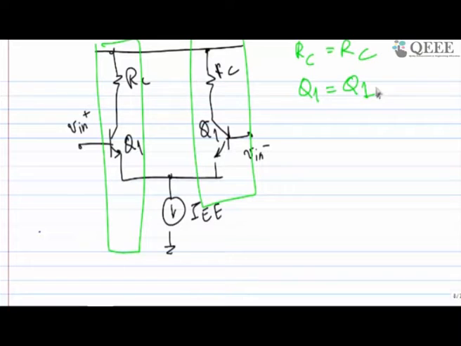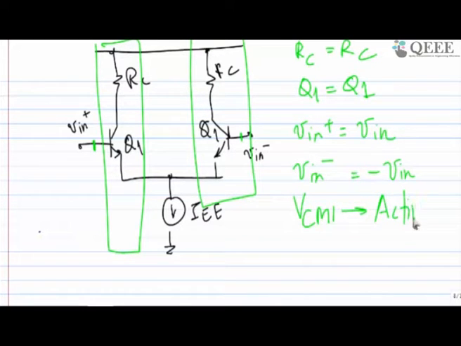If that is the case, then I can say that this is a fully differential circuit, whose inputs are Vin plus equal to Vin and Vin minus equal to minus Vin. This is what I am giving, and I assume that both the transistors' inputs are such that the input common mode voltage is sufficient for transistor action, or you can say it's in the active mode of operation. So this makes sure that it's in active. I'm not drawing the biasing, but it's available on the back. I'm not drawing it because we are only doing AC analysis.